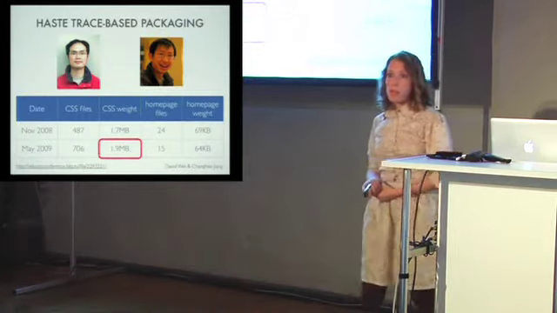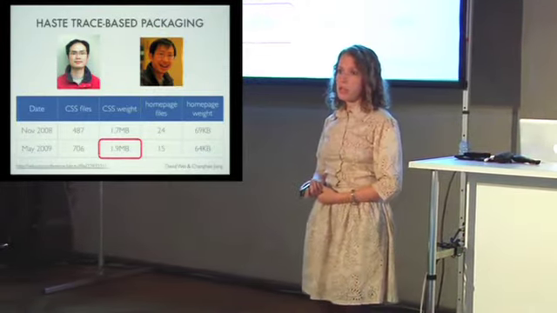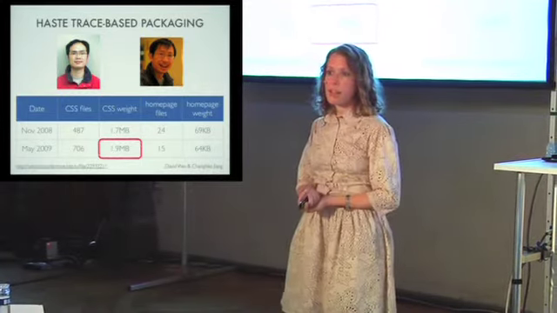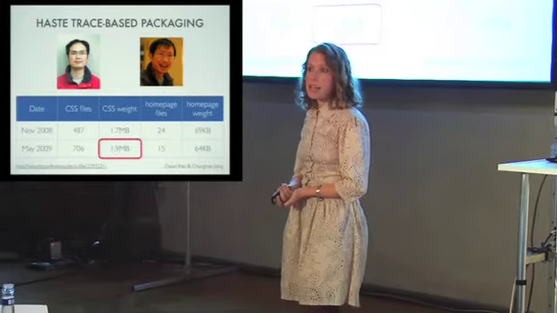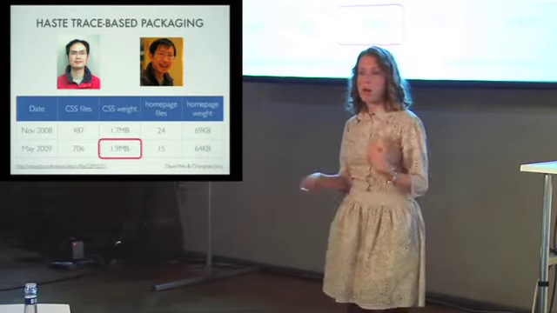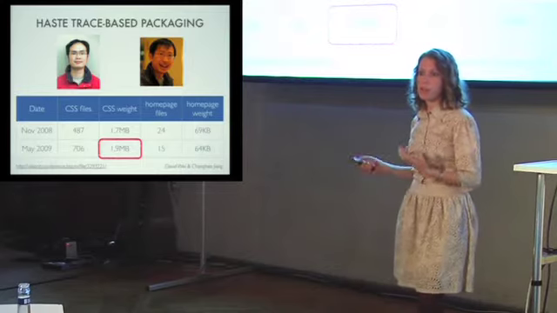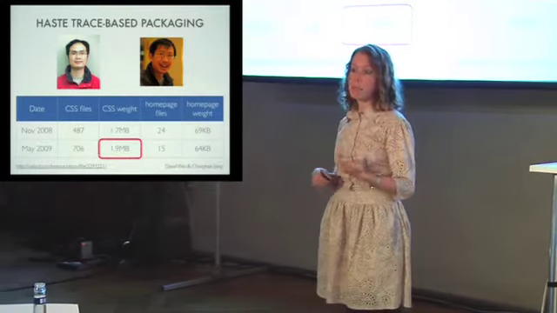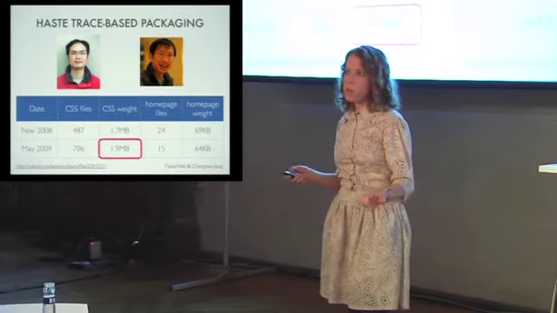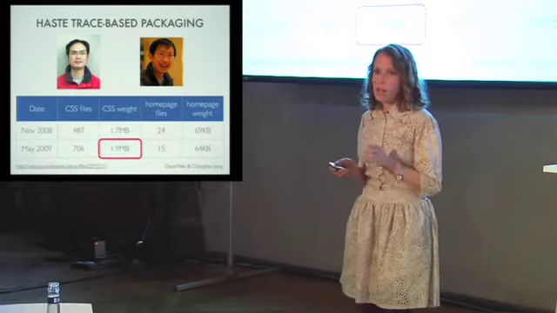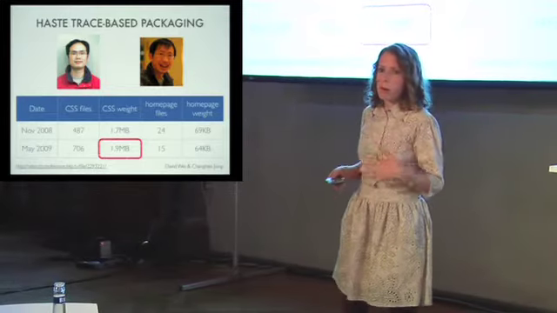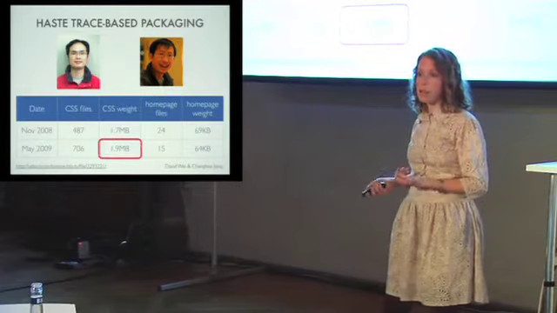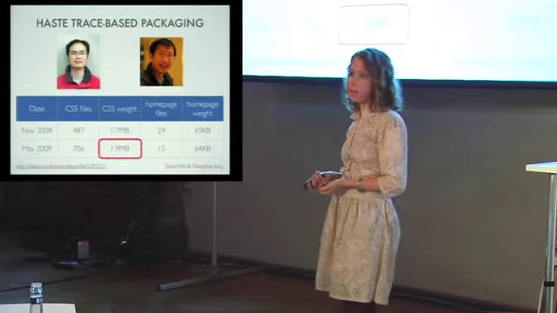Just before I started, I went to Velocity Conference and I heard 2 of their engineers, David and Chang Hao, talk about their haste-based packaging system. It is a really neat idea. Basically, they parse their logs and they figure out which files are requested together most frequently, and they build those into packages automatically based on the previous week's logs, which means there's none of this sort of, wait, should I combine these 2 JavaScript files? Should I combine these 2 CSS files? They know what to combine and what not to combine based on their actual usage patterns.